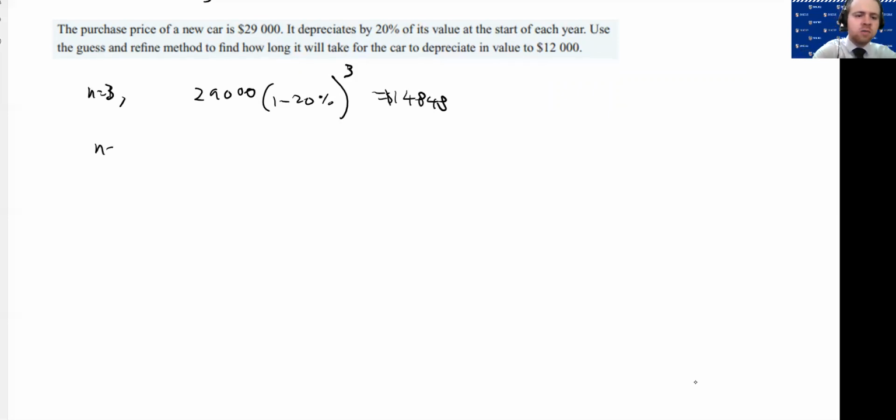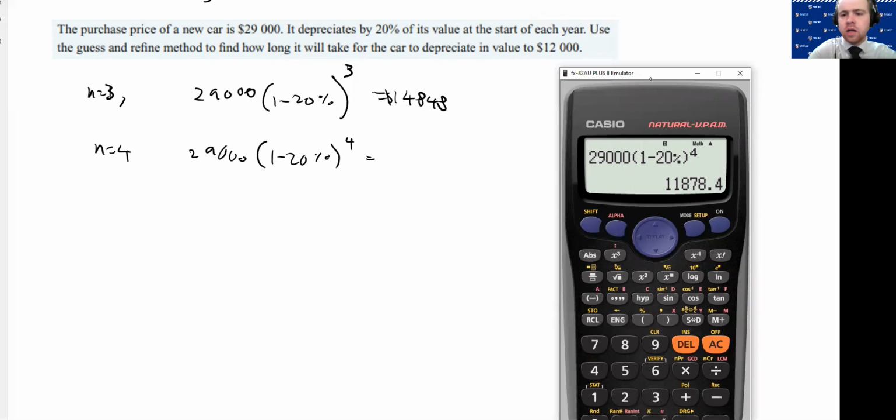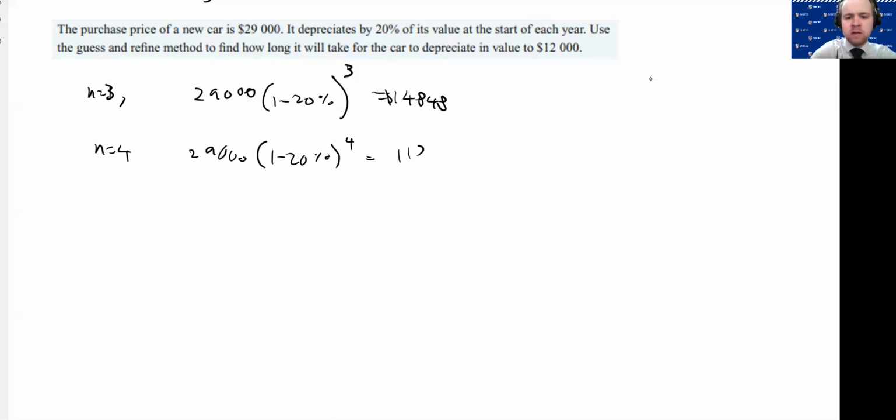So let's go n equals 4, and let's see what this equals. We just need to change the 3 to 4. And we go, okay, it's less than the value. Okay, so 11,878.40. Okay, so therefore, it will take